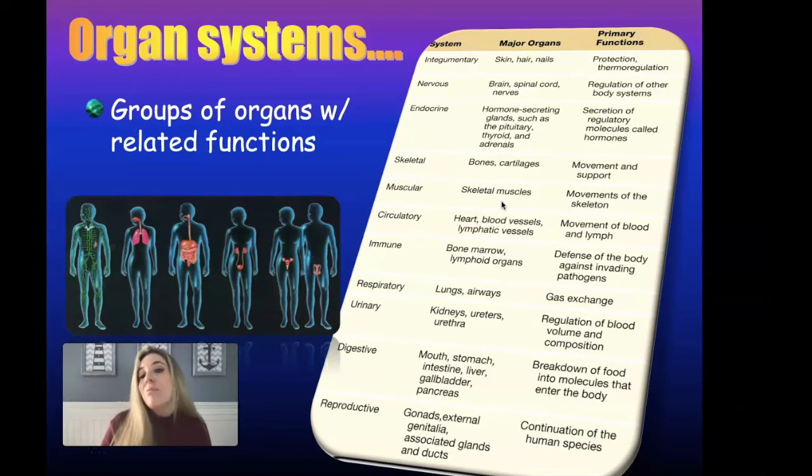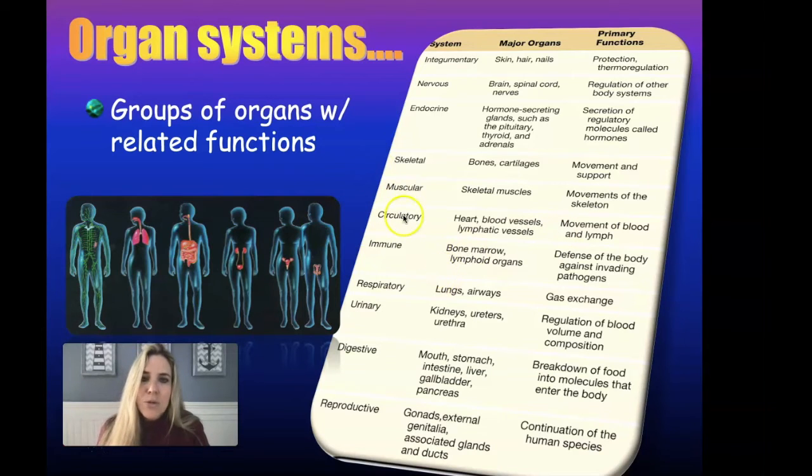There's also muscles that are not voluntary. So your smooth muscle and your cardiac muscle, we'll be studying all those. But these have obviously the function of movement, whether it's to move your entire body or a limb, or to move things like blood or other things through the body. The circulatory system is your heart, your blood vessels, and your lymphatic vessels. And these are to move other things through the body, blood, lymph, things like that.